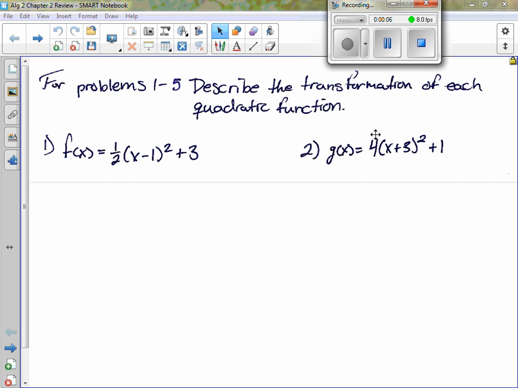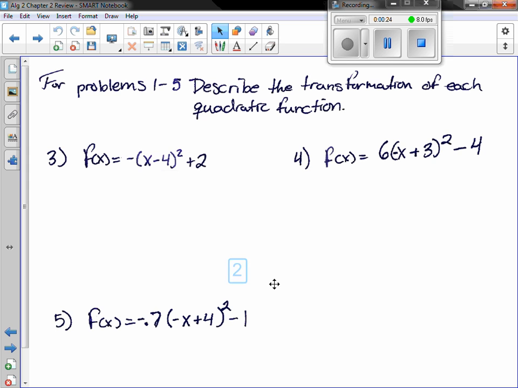Now, looking at these here, describe each transformation of the quadratic function. So 1, 2, or 3, is there any one of those three you want to look at first? 1, 2, or 3? So if we look at number 3,